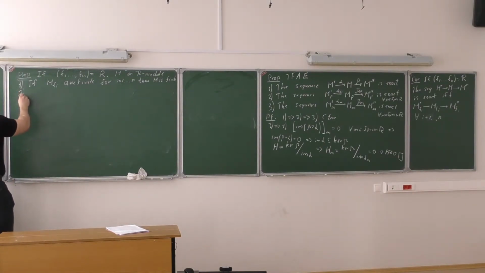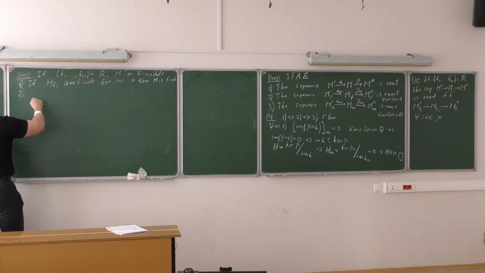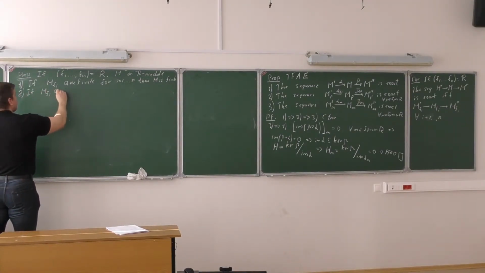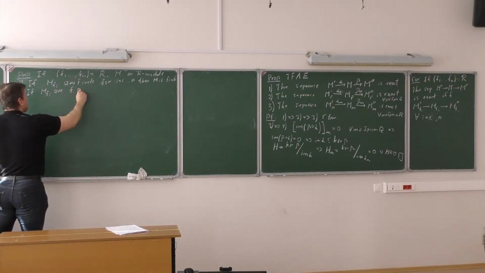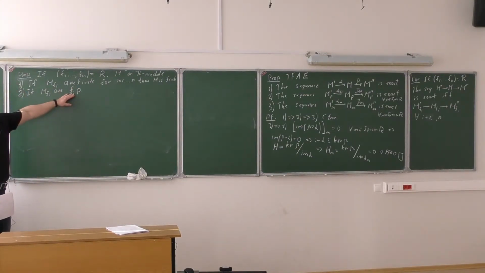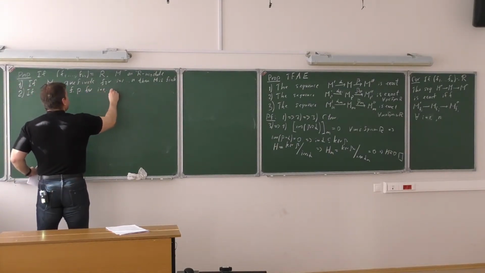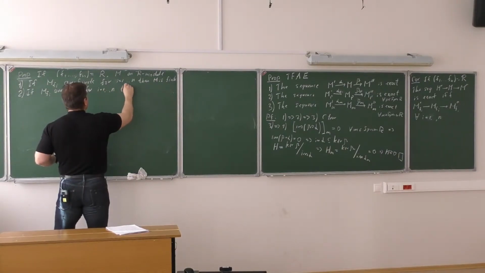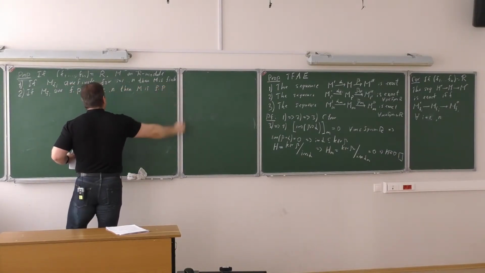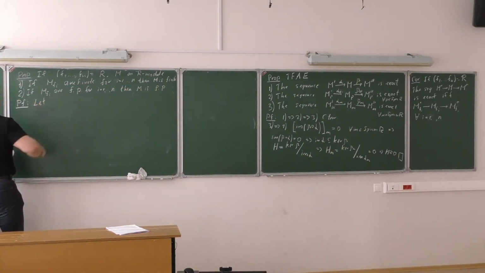And the second property, of course quite closely related: assume that all such localizations are finitely presented. Sometimes people for shortness say FP, so I'm going to say FP for finitely presented. So all such localizations are finitely presented, again for all i between 1 and n. Then the module M itself is finitely presented. Let me fix the set of generators.